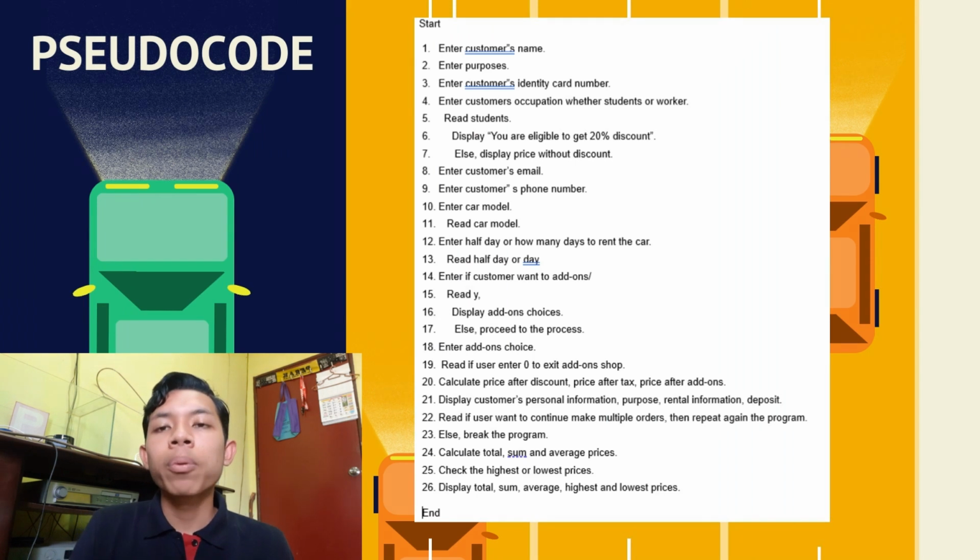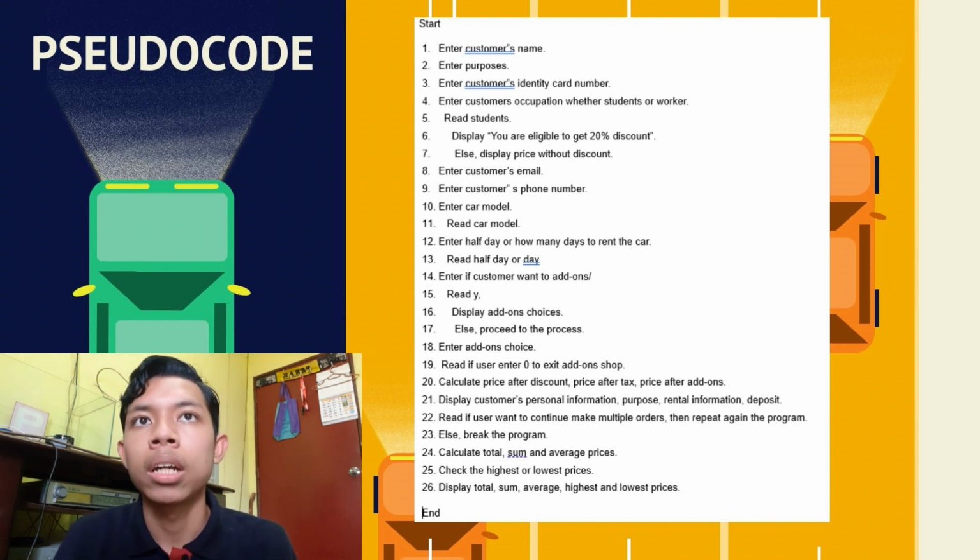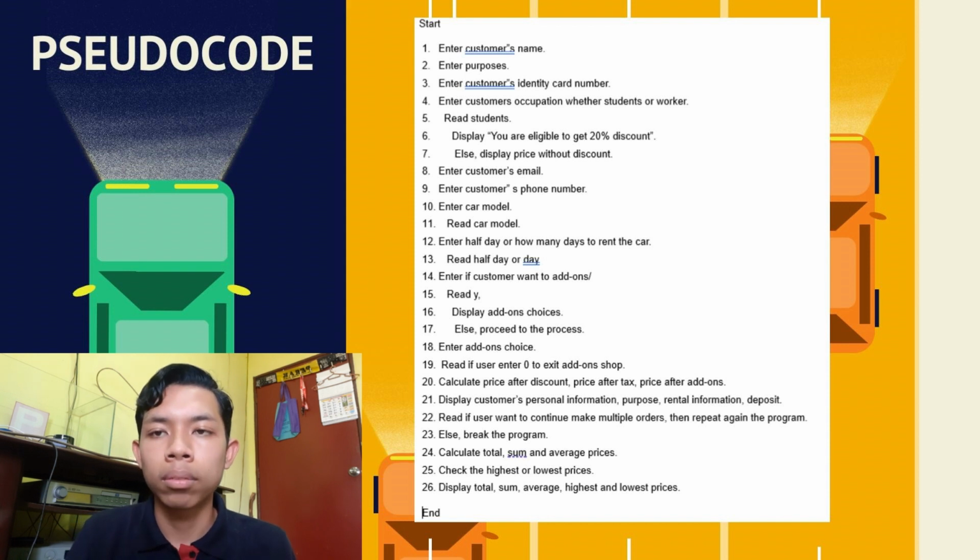Okay, next we will proceed to the pseudocode and flowchart section. Do you know why we use pseudocode and flowchart? We use them to design the algorithm before we make the C++ program. So this is the pseudocode, and the program starts with